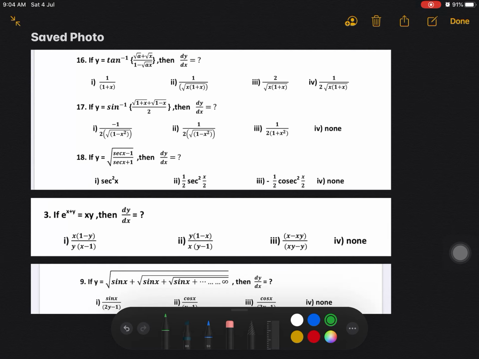The questions were mostly based on the fact like substitution, the fact of implicit functions differentiating with respect to another variable. In order to solve question number 16, it is a flat memory based formula of the sum of two tan inverse function. Here in this case is tan inverse A and tan inverse X.